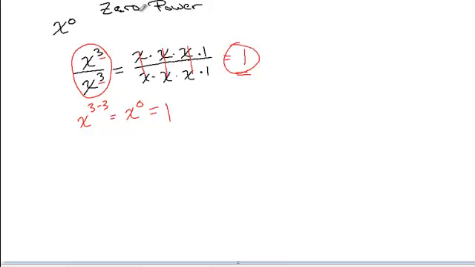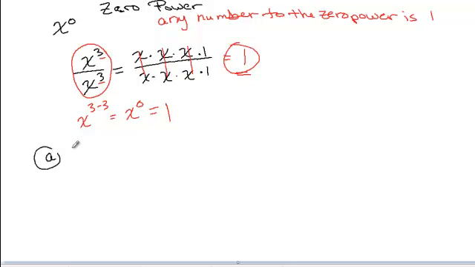So when you see a zero power, we have a very specific thing that we have to remember here. Any number to the zero power is 1. And that's all there is to that. Let's do a few examples. So our first example, if we have